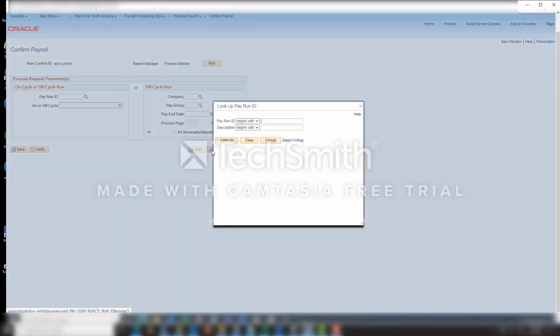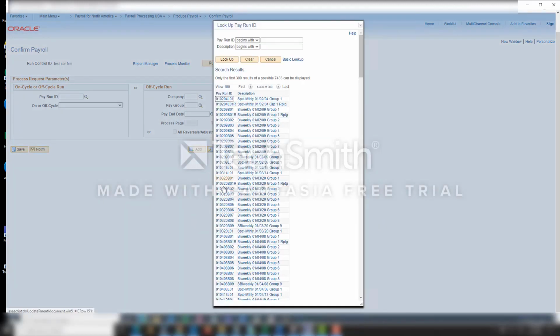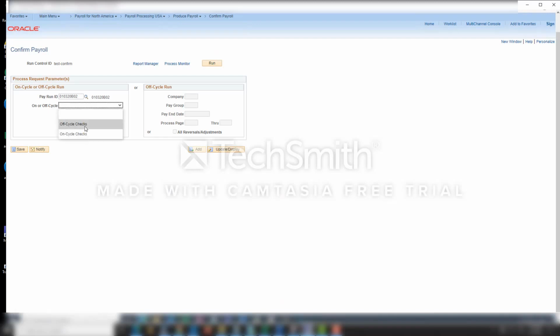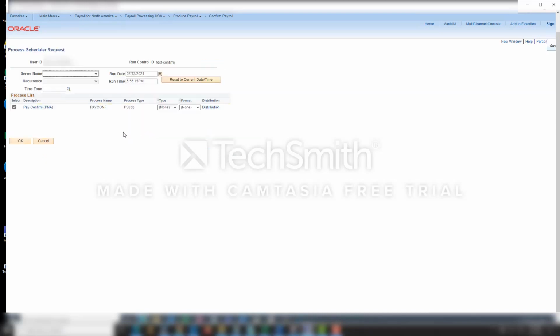Here again we specify a run ID, either on cycle or off cycle, or if we remove these parameters, then we can go to the right side and specify the particular company, pay group, pay end date, and the page information on the right side. After entering this and clicking the save button, we click the run button, and there we see a process,